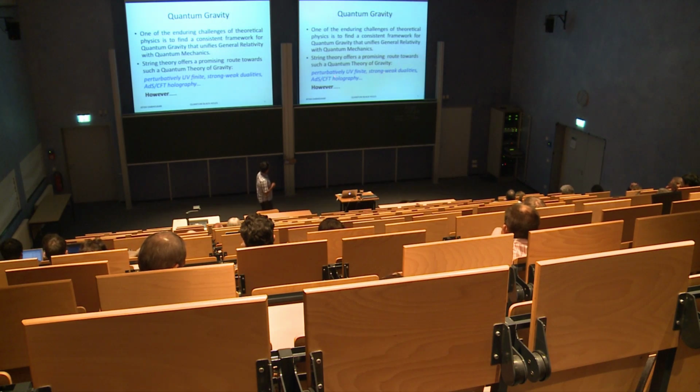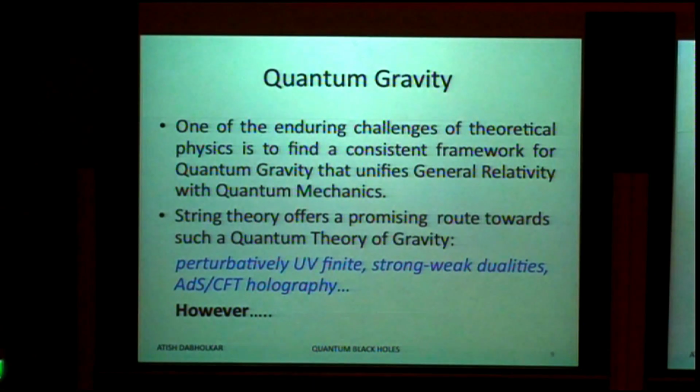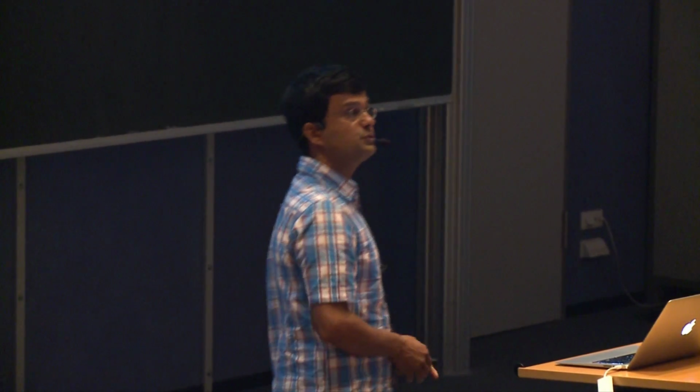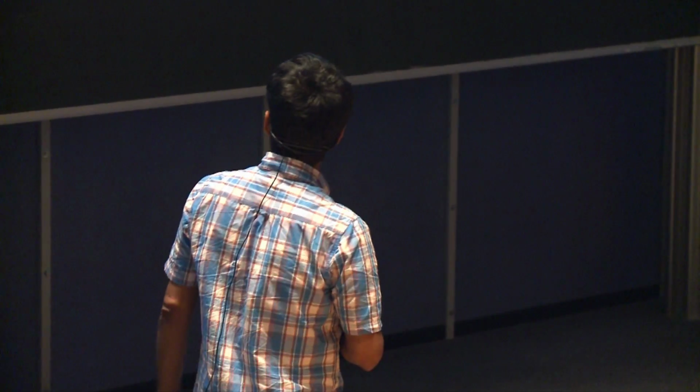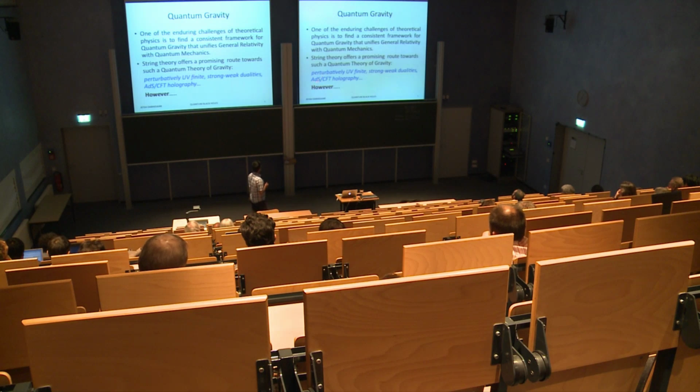it has a few things going for it. First of all, it tells you how these non-renormalizable divergences can be controlled. So the theory is perturbatively ultraviolet finite. This was already known in the 70s and 80s. Then in the 90s, people discovered these remarkable strong-weak dualities, such that some very strongly coupled string theory where quantum fluctuations are large has a dual description in terms of another weakly coupled theory. And now more recently, well, not so recently, in fact, already 15 years ago, the anti-de Sitter/CFT holography, which I will briefly talk about later.